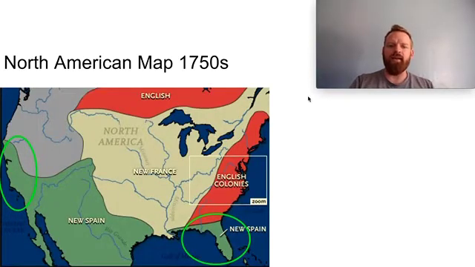And as you see on the map here, here's a North America map from the 1750s to almost 1776. This remained about the same here. So you see I have the two states below that are circled in green. At the southern portion, we have Florida, and that was New Spain. That was a Spanish colony. And then California over here, where you see the far west coastline, that was, again, New Spain, a Spanish colony. Everything else here, you see English colonies, French claimed land, and then other disputed territories. But if we just remember that Florida and California were both part of Spanish colonies during the early 1700s, then we're good here.